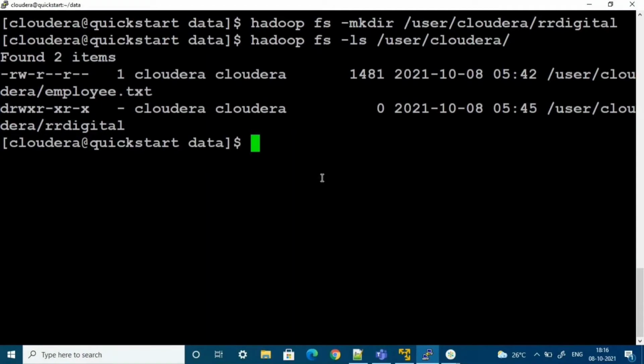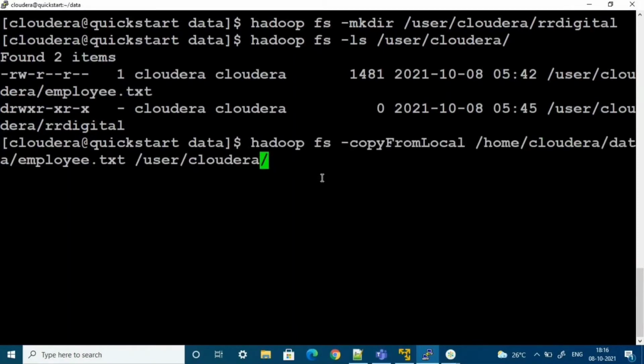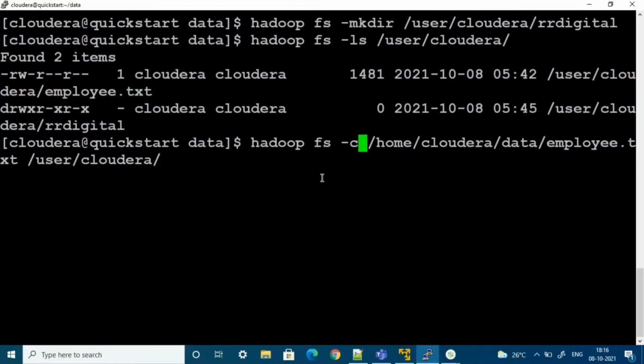Now I want to copy a file from the local file system to under this RR digital directory in HDFS, right? So now what I will do, instead of copyFromLocal, I will use a put command. To copy a file from local to HDFS, you can use copyFromLocal, or else you can use the put command also.